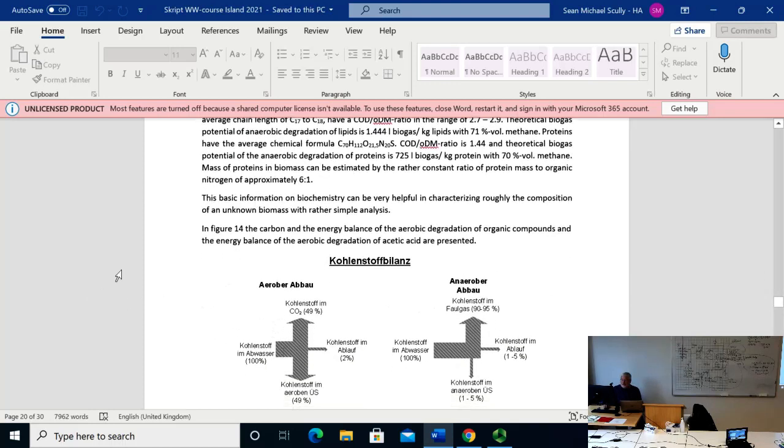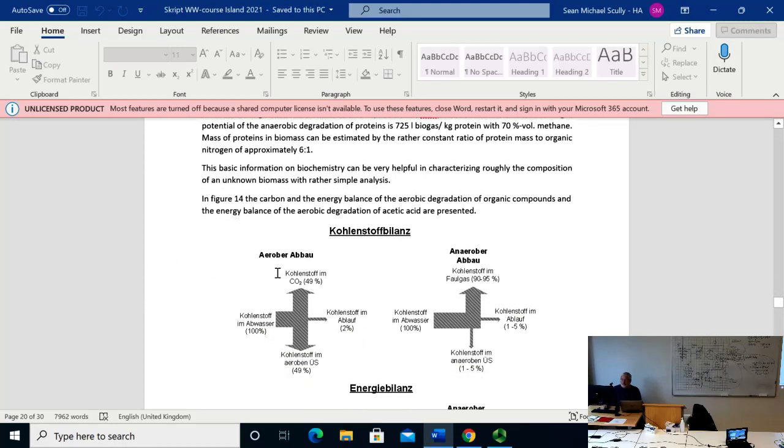This is how this works here, and then you have this carbon balance for the aerobic degradation, and this is a carbon balance for the anaerobic degradation. You see that half is respirated as mineralized, and half of it goes into surplus sludge. And this huge amount of surplus sludge makes it easy to have enough biomass in your reactor, because from the